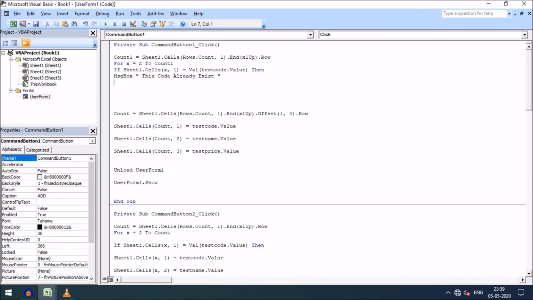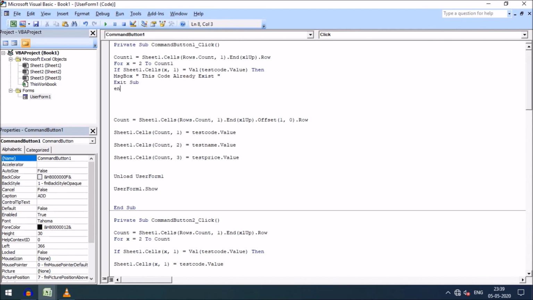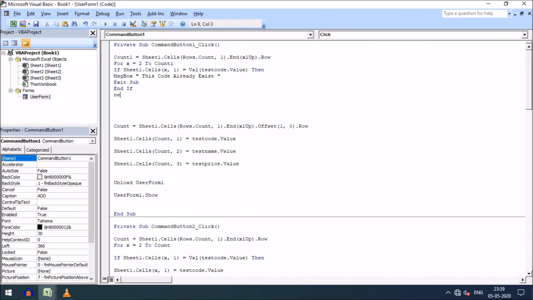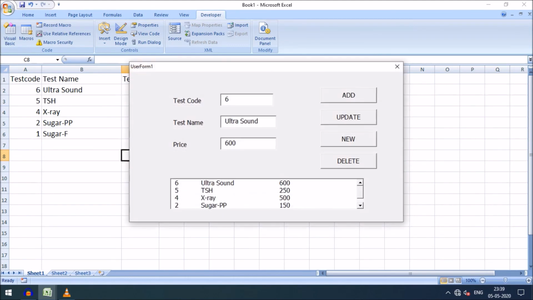Then exit sub and end if. Next x. So friends, if I click here now, if I want to add an item, this code already exists